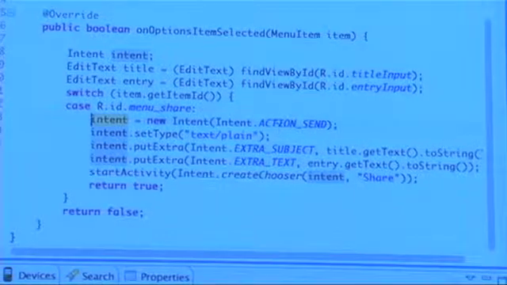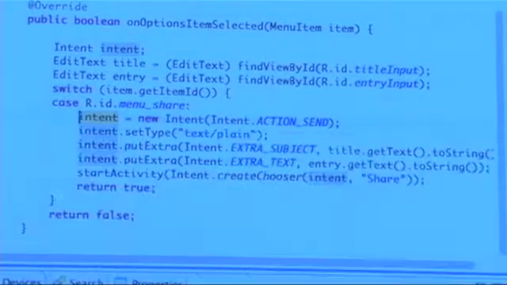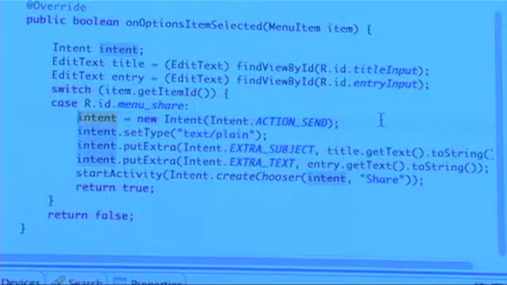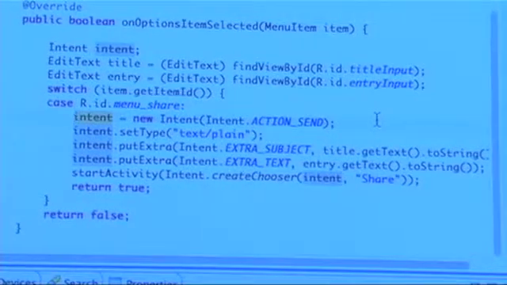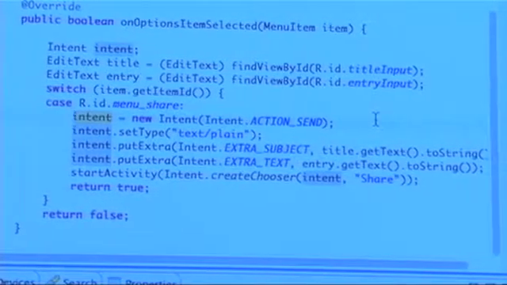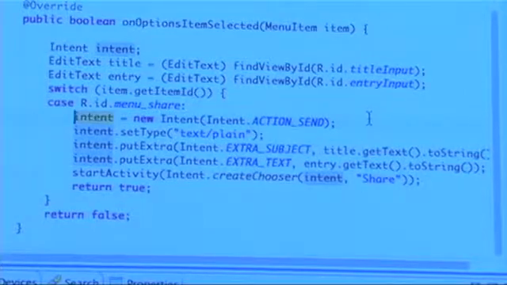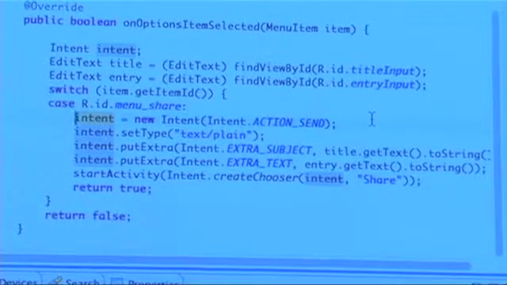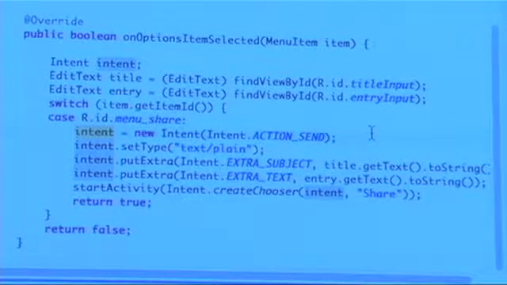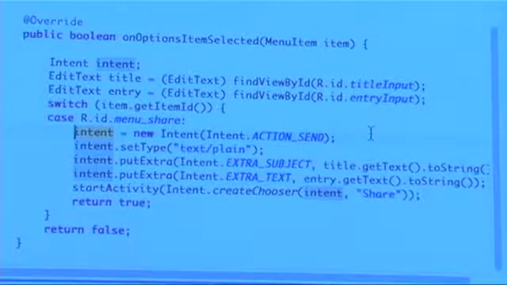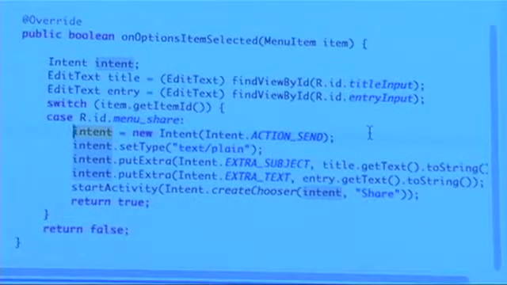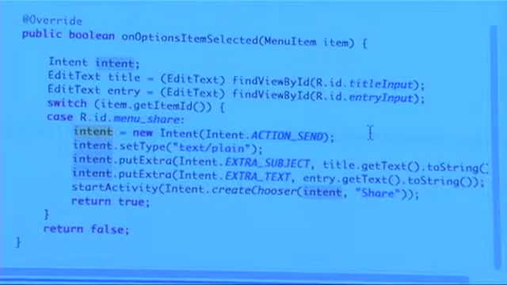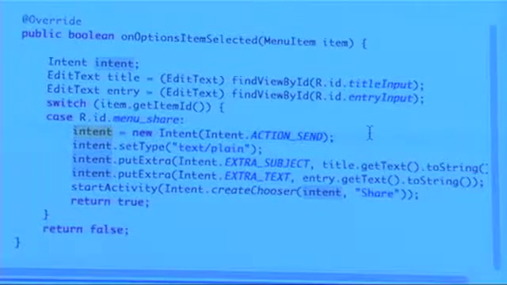So this new intent, intent.action_send, is another way for you to access another app's activities. This action_send will have Gmail, your documents, or your Google Reader. Every single social media application will be on this menu already populated, so you don't really need to worry about APIs of Twitter and Facebook in that case when you have this